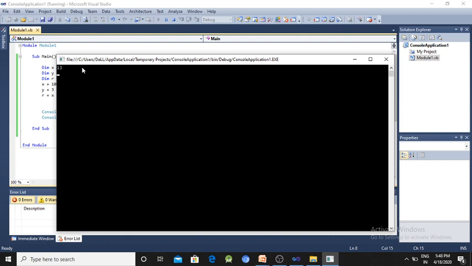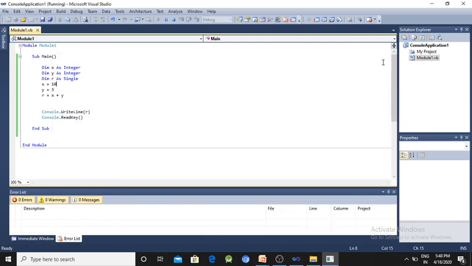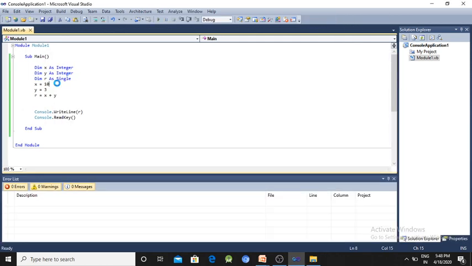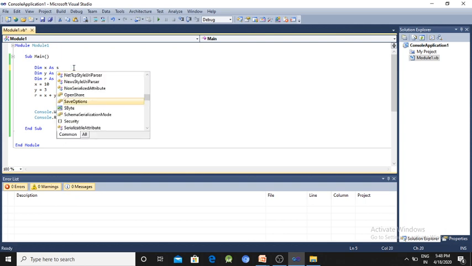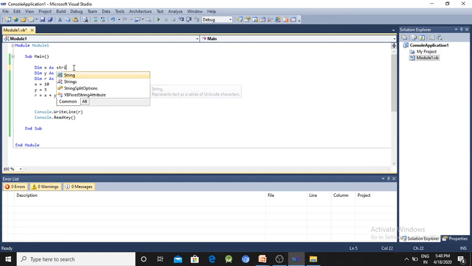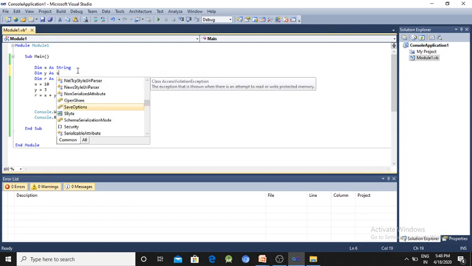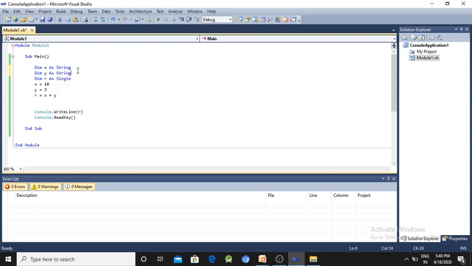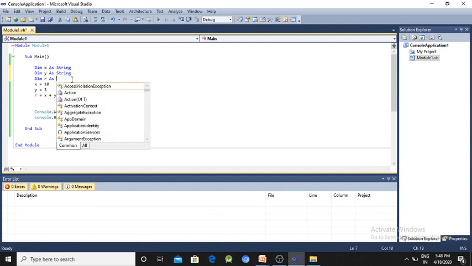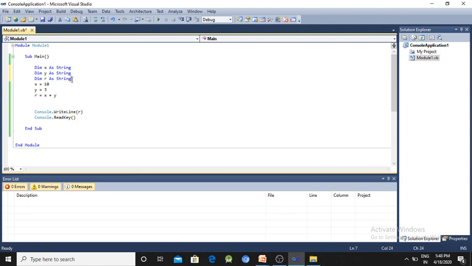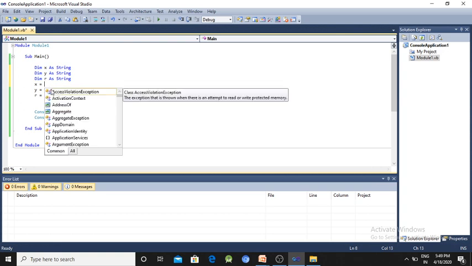Suppose x is a string and y is a string.